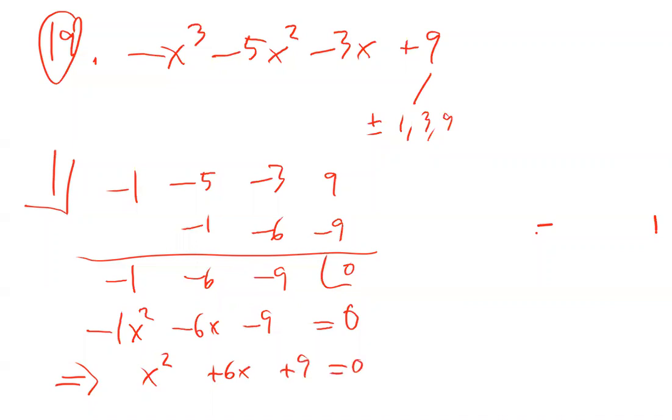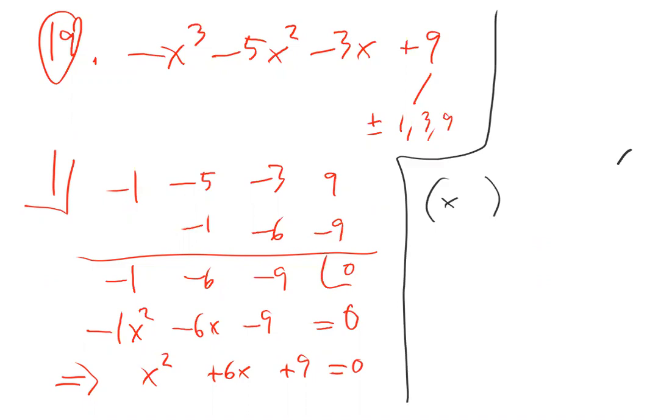And then think about the factors that could factor that out. Well, it could be x, and then 3 and 3 multiply to make 9, and 3 plus 3 adds to 6, so it's going to be x plus 3 and x plus 3 equals 0, which reduces down to x plus 3 squared, right? Perfect. So now be careful though,